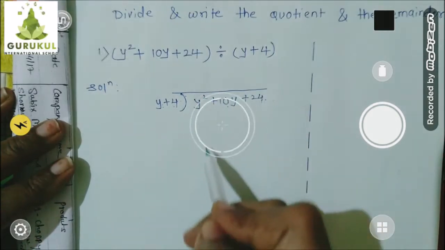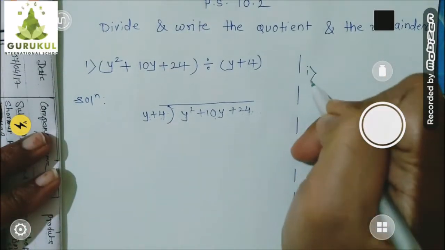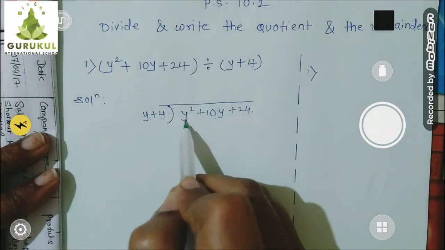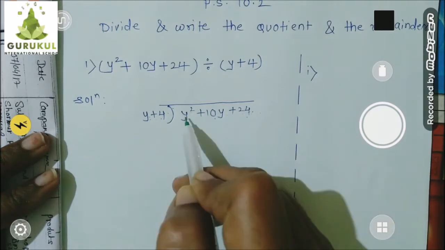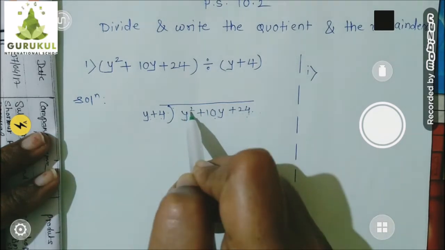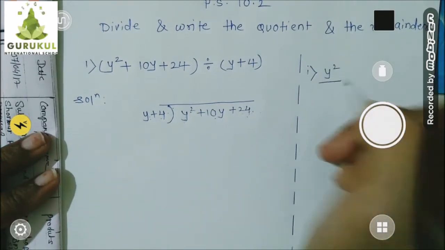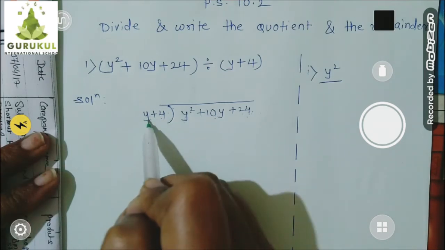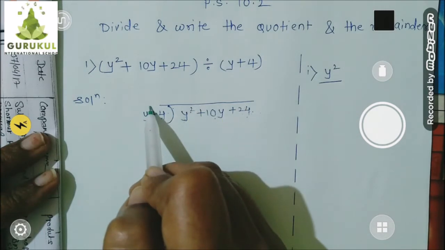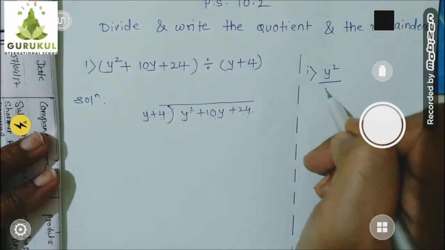Okay. So whenever you start solving, what do you have to do? Step number 1. Select such a term for division which contains the highest power. For example, in this polynomial, y square contains the highest power 2. So take that term y square in the numerator, divided by, in the divisor also, which term contains the highest power? Obviously the y term contains the highest power, y raised to 1. So this term you select for division.